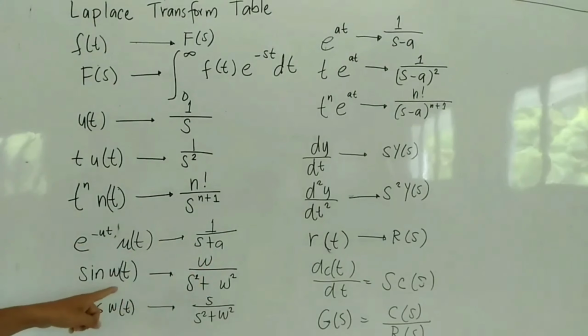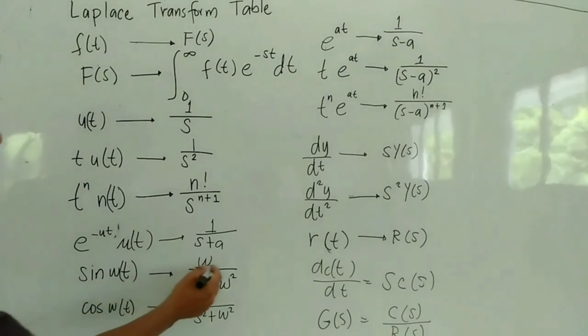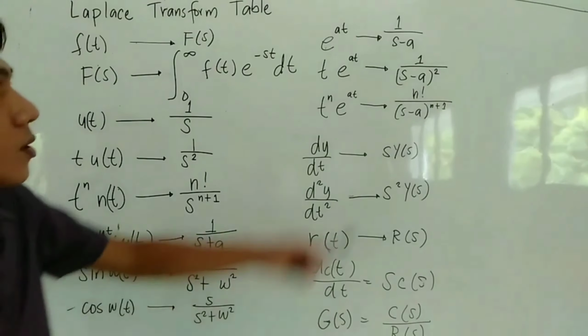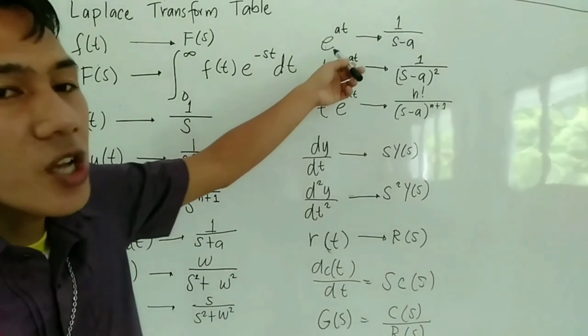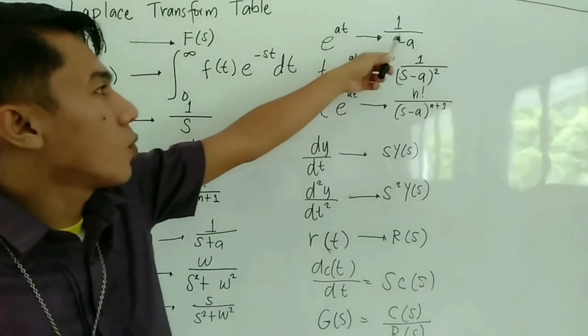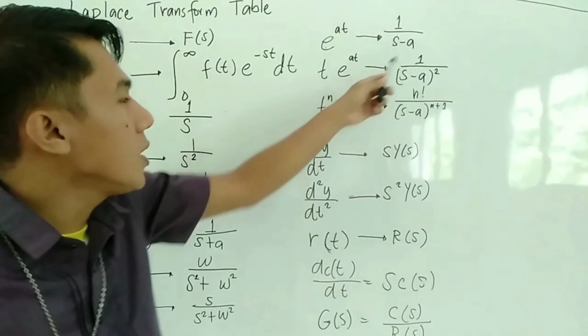Then sine wt is equal to w over s squared plus w squared, and cosine wt is s over s squared plus w squared. For the exponential function, we have e to the a t is equal to 1 over s minus a,